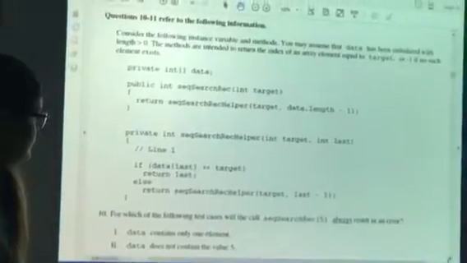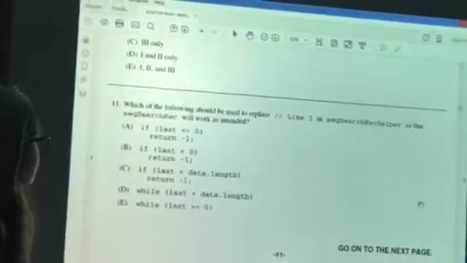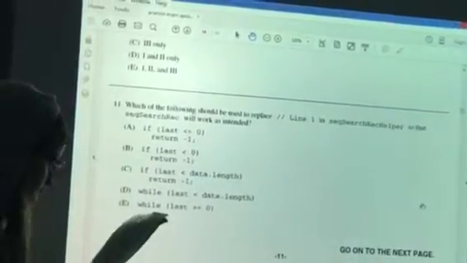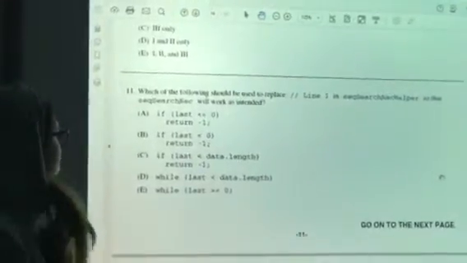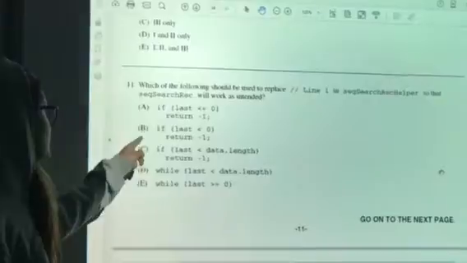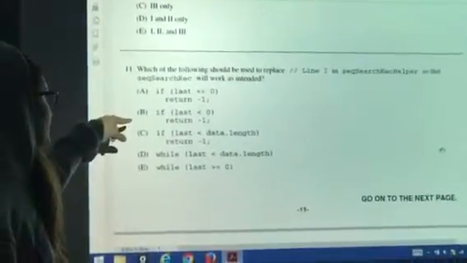So let's go back to the question now. What can you replace line 1 with in sequentialSearchRecHelper so that it'll work as intended? Well, the answer is B, and the reason why that is,